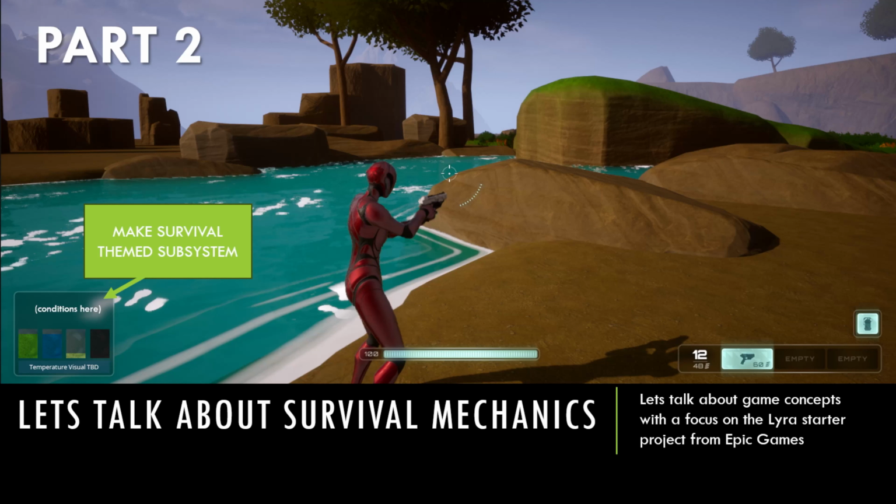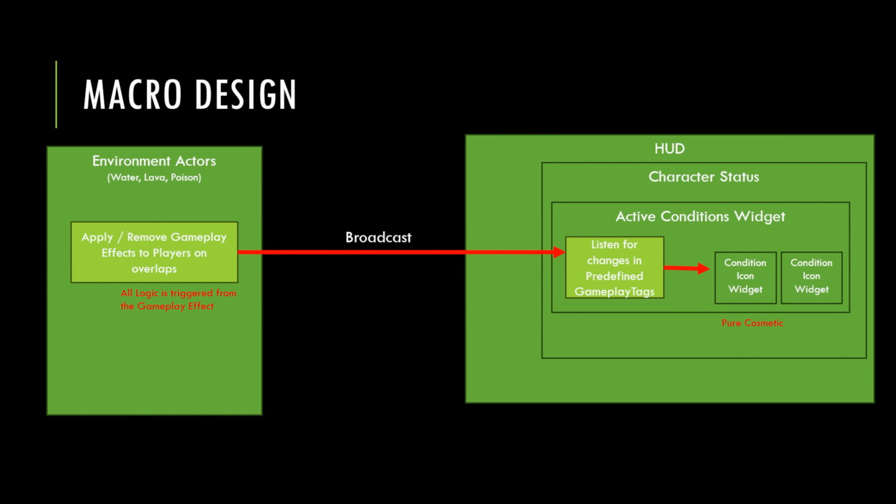So before we jump into the editor and I show you the finished product, let's talk about the macro design first. Our design is built around the gameplay effects, and gameplay effects can be applied to the gameplay ability system, which in Lyra is attached to your player state. Your player state has a Lyra ability system component on it, and that's what handles all of the ability activations,